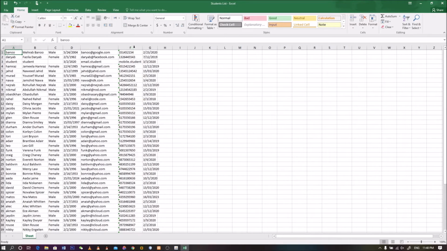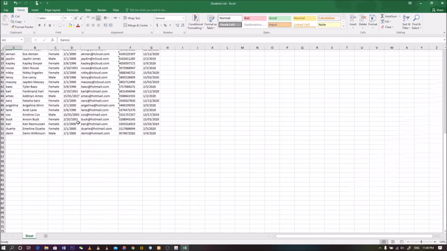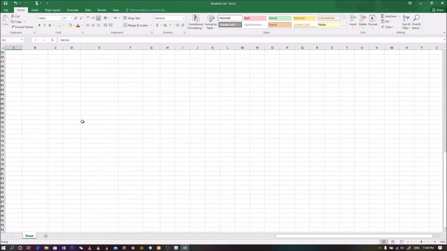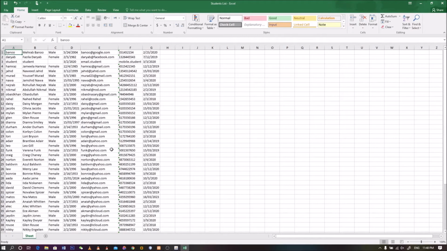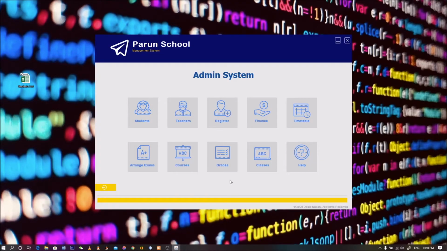The email, the mobile, since it's not formatted, I have to clean it up, and it's so much more convenient and easy to just export the list of the students. Let's close this file and save. And I told you about the return and update. And the next thing is about